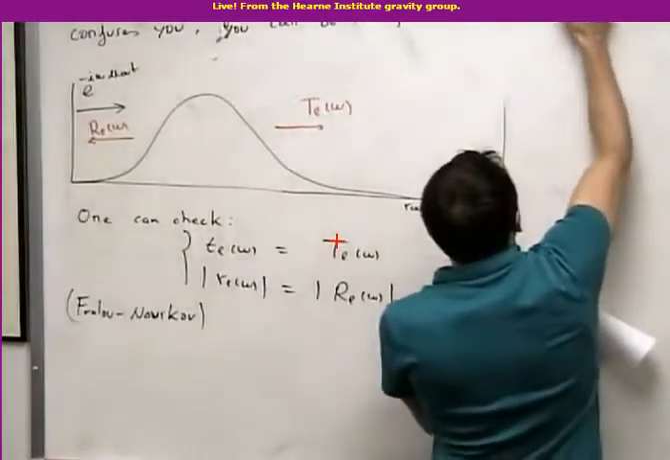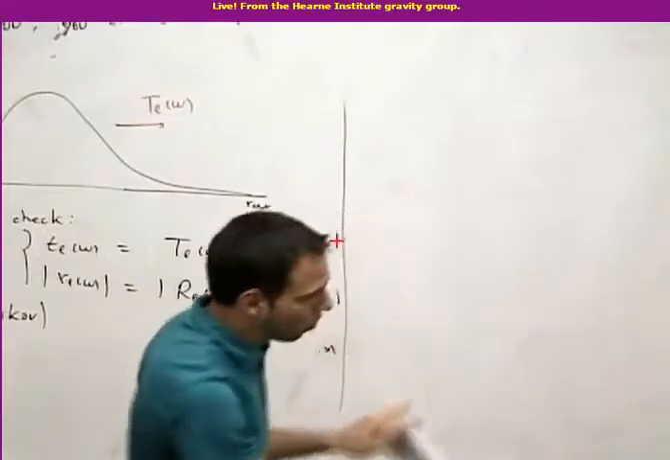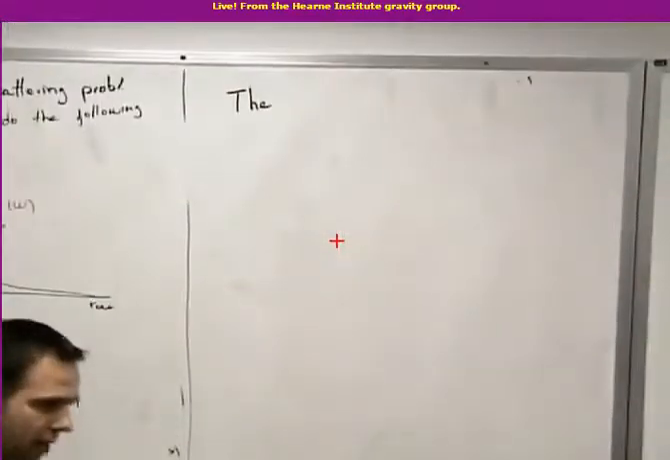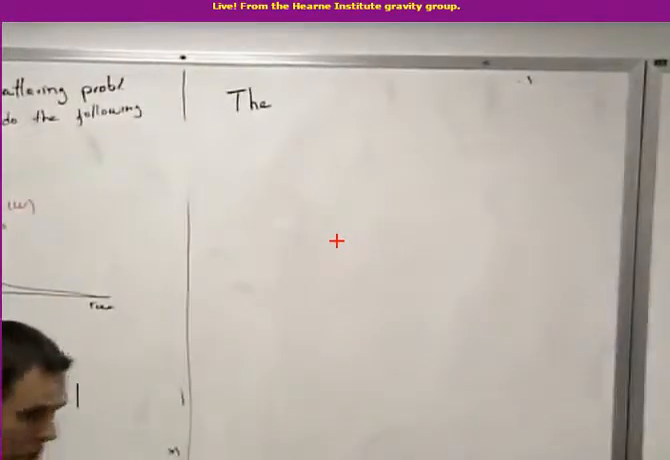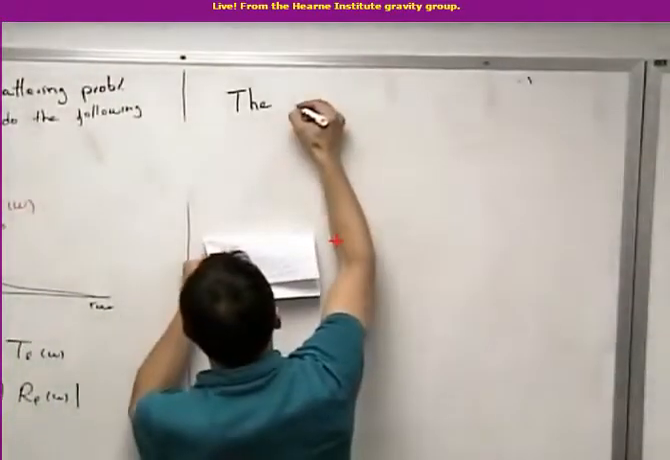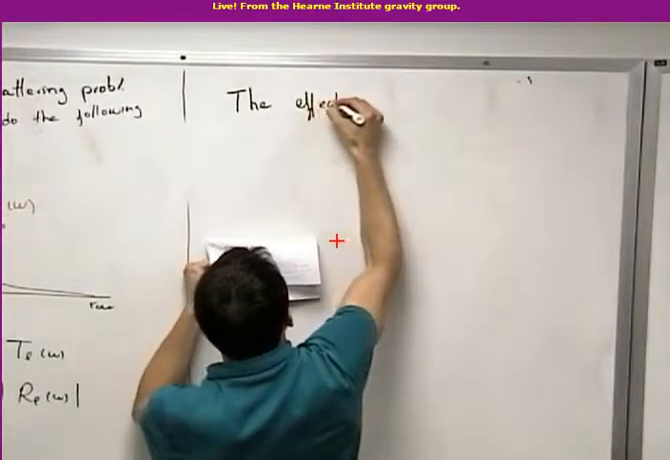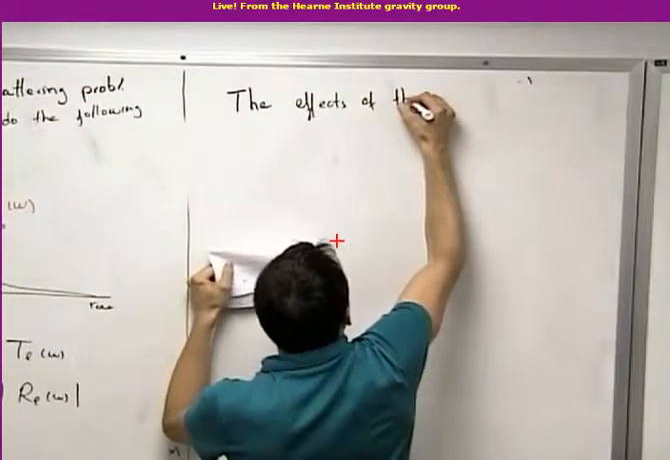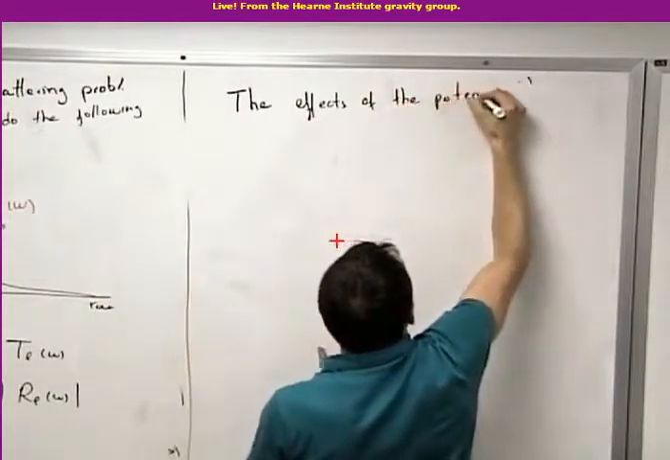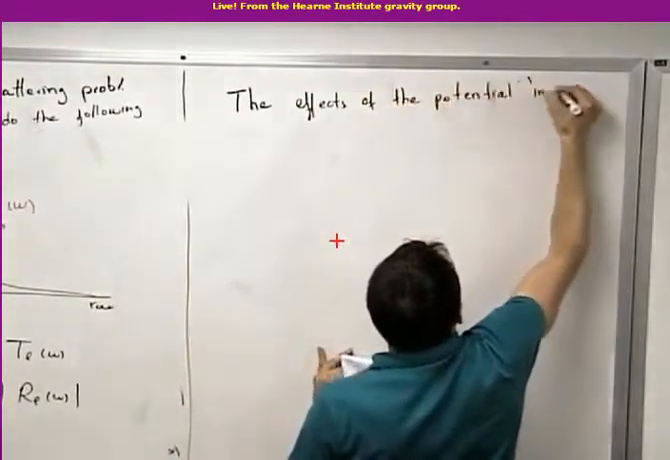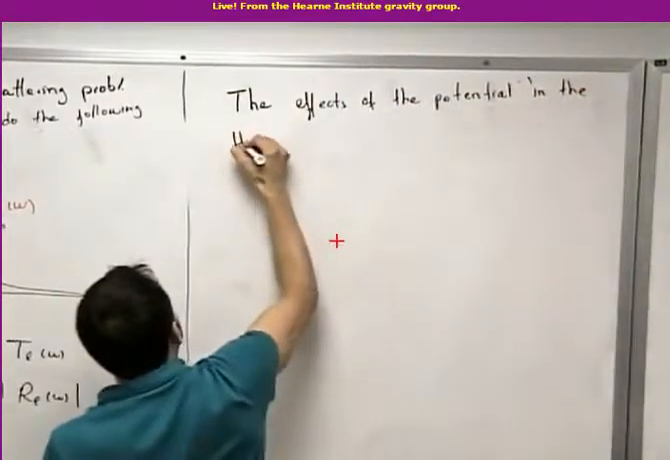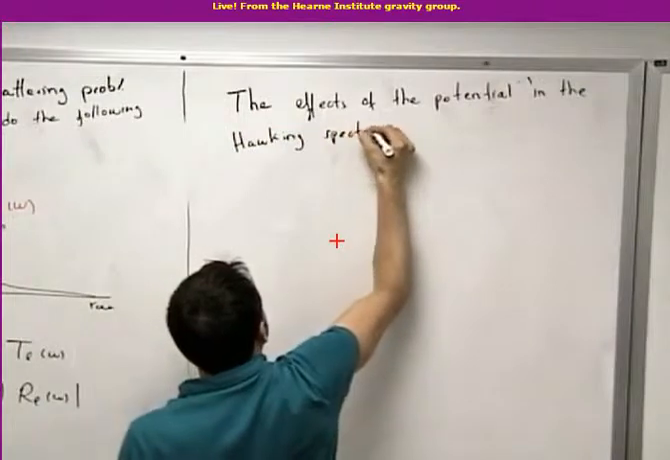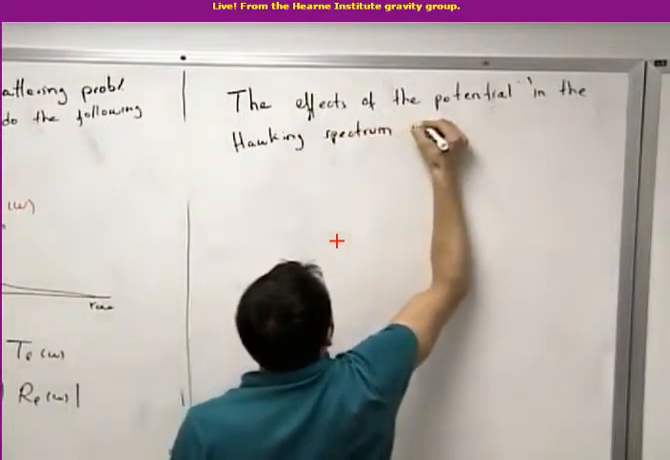What I want to say is that it's just repeating the computation exactly, but wherever you see an out mode in Scri class, you have to multiply it by that coefficient. And you will see that when you do that, the effects of the potential in the Hawking spectrum is simply,